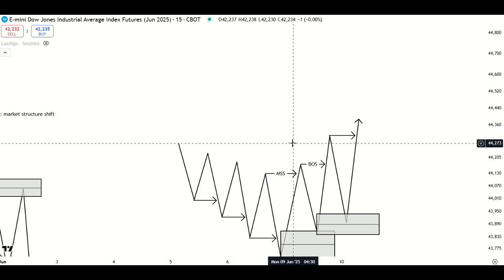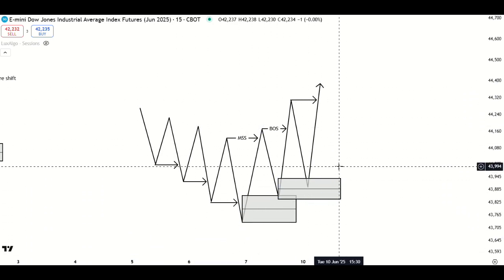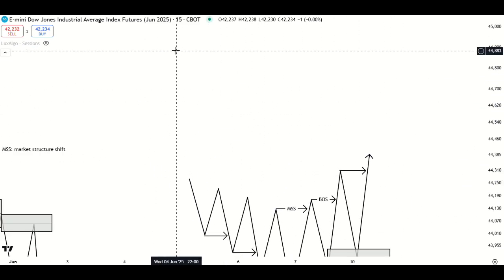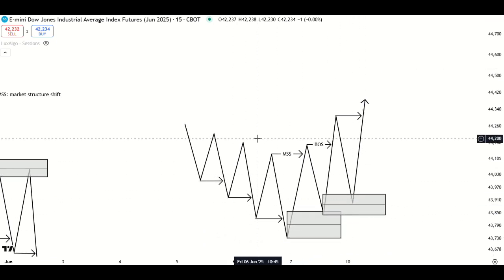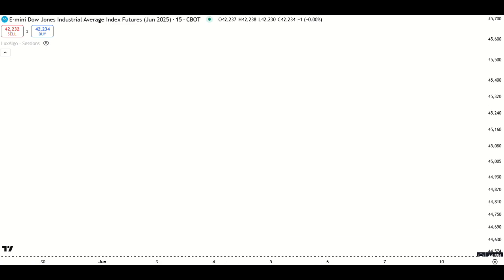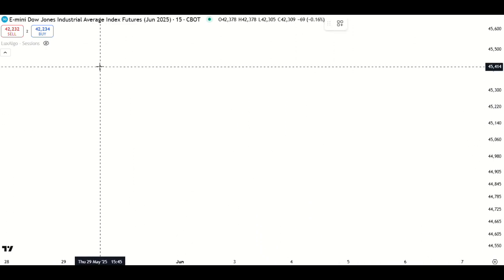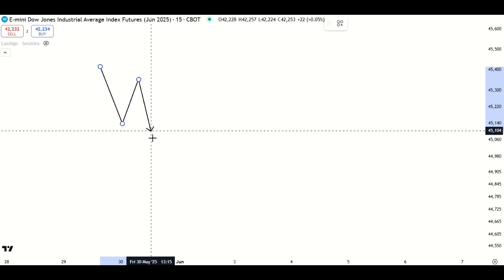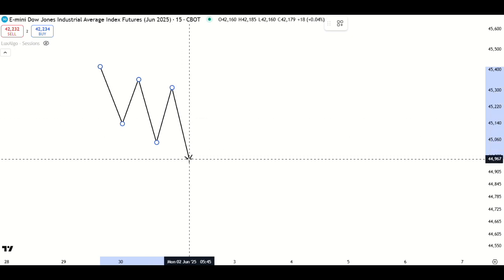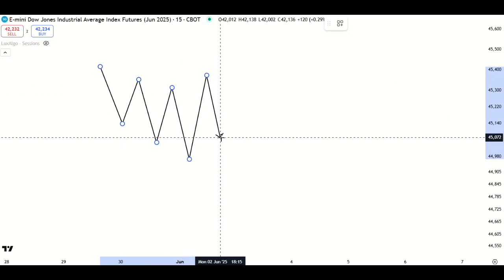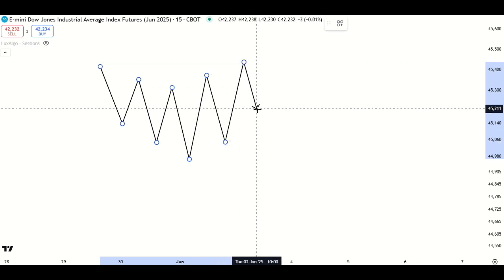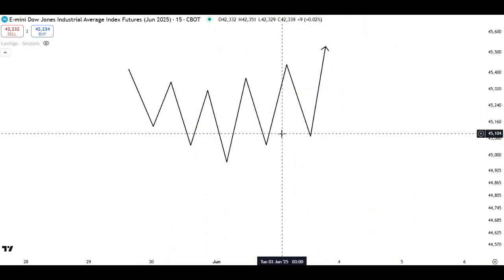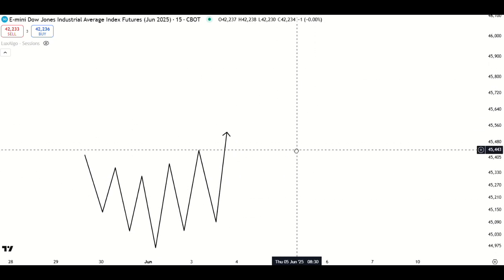Now, again, this is a very simple way that I'm putting it. Now I'm gonna show you how this looks when there's liquidity in between. I'll show you in a more advanced way. So let's say this is our high, this is our lower high, this is our lower low, lower high, lower low, lower high, lower low, and then the market structure shift happens. Same thing, the moment the momentum becomes bullish. So as you can see, this is the normal one I just drew,